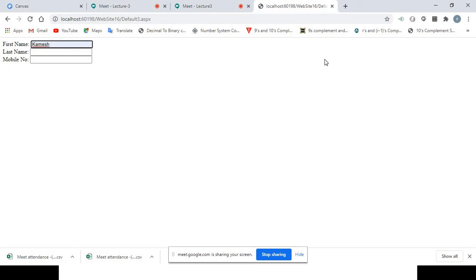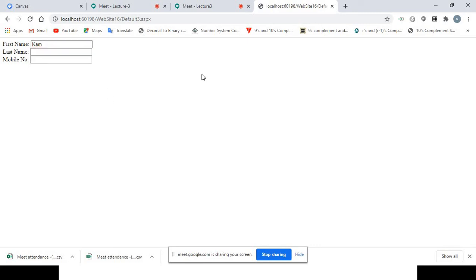But on my machine, whatever I have stored into the first name class, I can get it back. So here Kamesh, then if you type R, then Ramesh is there, then K, there are three options: Kamesh, Kalpesh. Then if you type K A, then M, automatically Kalpesh will disappear.